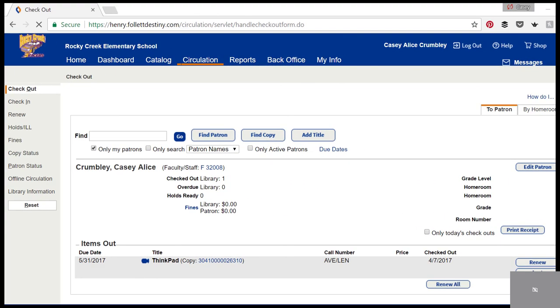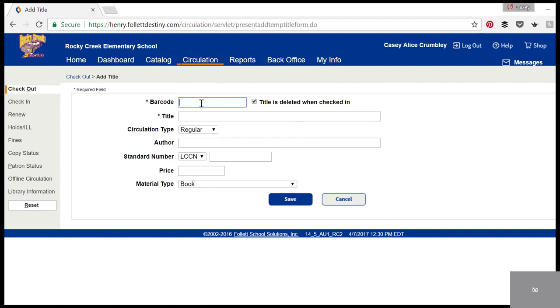We will now talk about creating temporary barcodes for periodicals or anything else that you need a temporary barcode for. In my library, the most common use of temporary barcodes is that we have a huge section of class sets of books that teachers can go and they put as many books as they require into a tub, and those tubs have temporary barcodes on them, and then they bring it over to the desk for me to check out. So if they brought that over, I would go to add title, and then I would scan the temporary barcode that is on the tub,